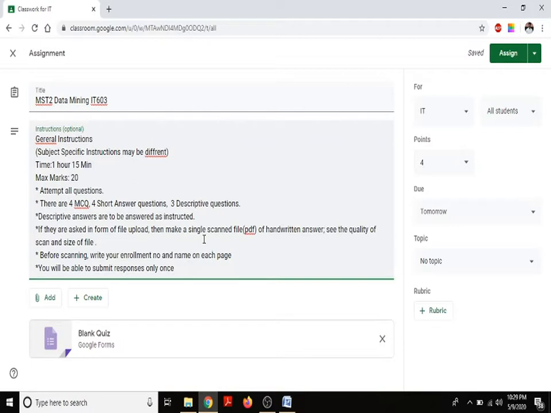You need to create a PDF file for the response and upload it. You can observe there is a blank quiz at the bottom of the page. You need to click it.